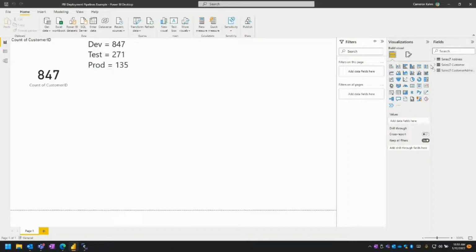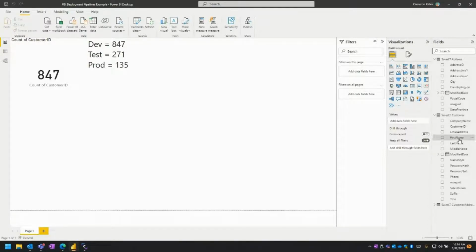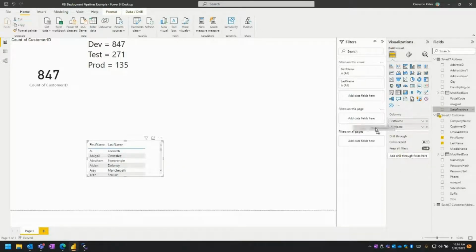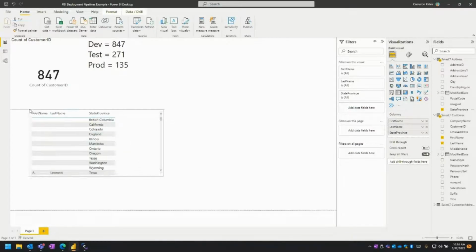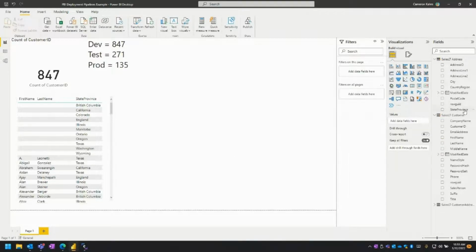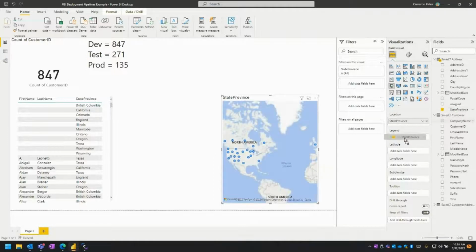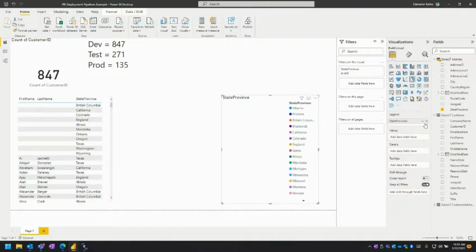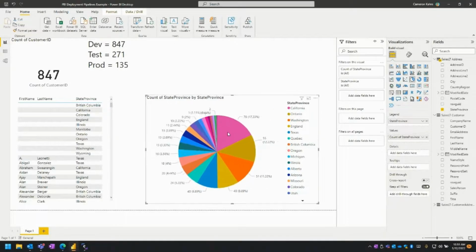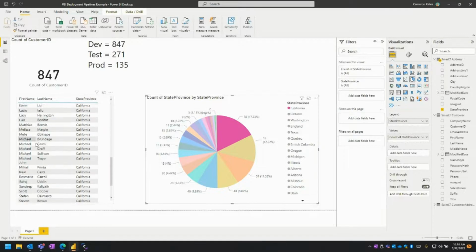Okay. So let's just say I want to know who all the people are. Let's say, first name, last name, and then I want to know state, province, right? Just as an example. And then let's say I want to do state, province. We'll do count of state, province. So you can see a lot of California, and I can click on this, and there's all my California people,